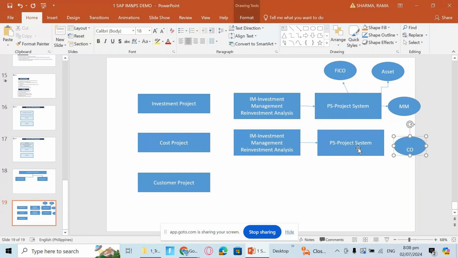And the third type of project is the customer project. In a customer project you will not have pre-investment analysis like this, you will have pre-tendering activities. Customer projects are those projects where you are taking projects from your customer. For example,